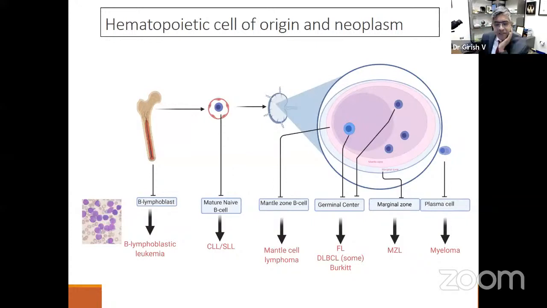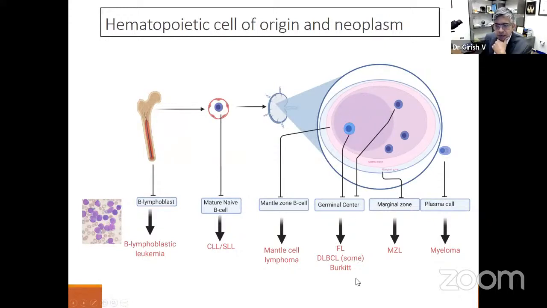Honestly, I shouldn't make it so simplistic. But anyway, this serves for practical purposes. And the next is these cells finally go and settle in the lymph node in the follicles. And you have the primary follicle or the mantle zone of the secondary follicle, from which you have mantle cell lymphoma. And then you have the germinal center, from which there's a whole host of lymphomas that arise: follicular, diffuse